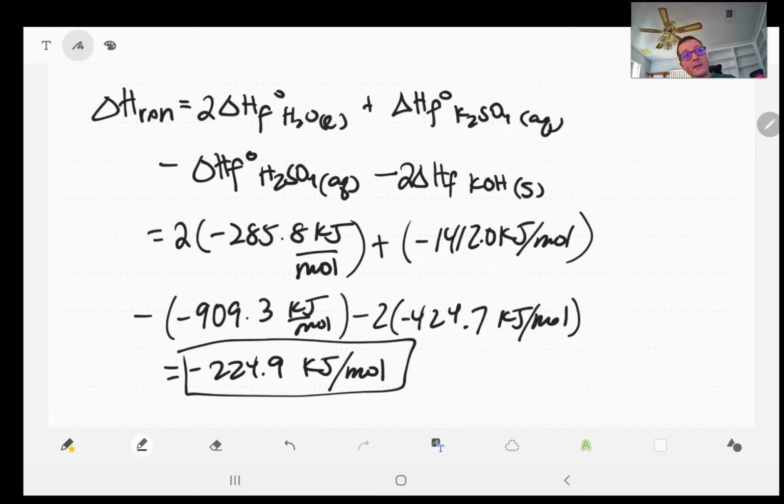Ta-da! So, we can use it for any reaction. The theoretical ones are easy. We just got to look up their numbers, plug them in. So, that's really it. Luckily, that's all we need to worry about with these. We can do one more. What shall we use? How about